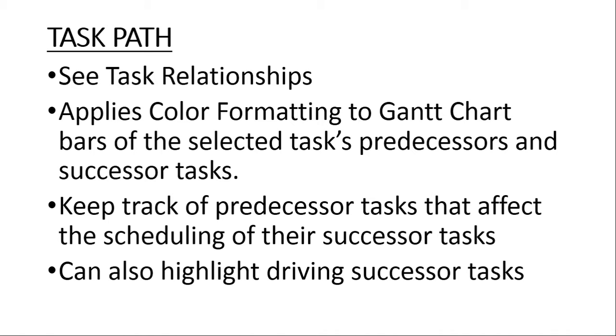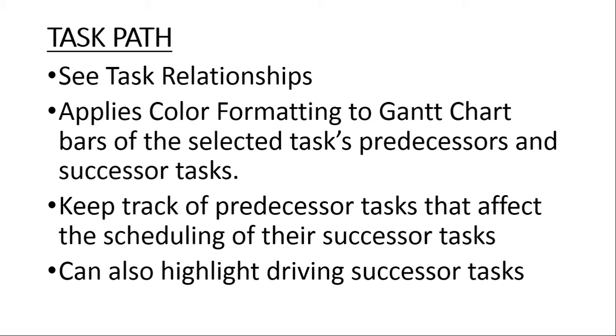So in that way, you'll be able to see a group of tasks to the left with one color and another group of tasks to the right with a different color. Thereby, you know these are the tasks that come before this particular task, and then the other group are the tasks that come afterwards. We can also keep track of the predecessor tasks that affect the scheduling of their successor